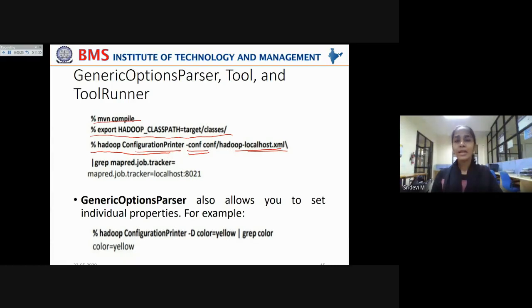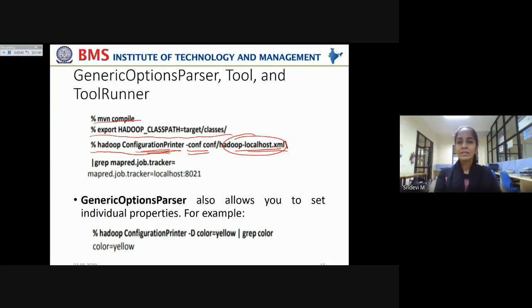Means you're trying to read the properties that are set in this hadoop-localhost.xml, and you're trying to get it into the configuration object through running this ConfigurationPrinter class that I have explained in the previous slide.